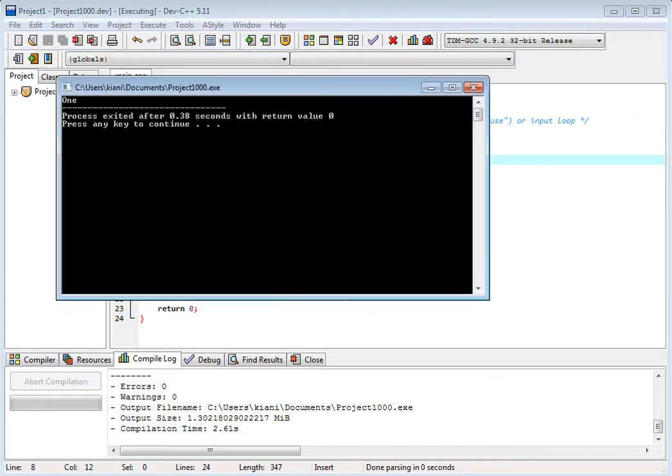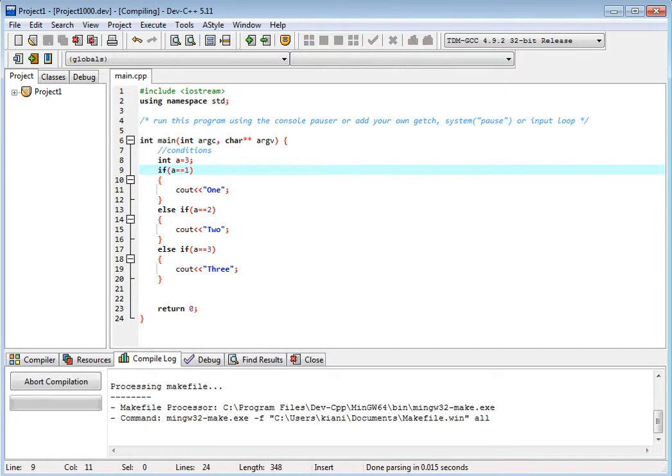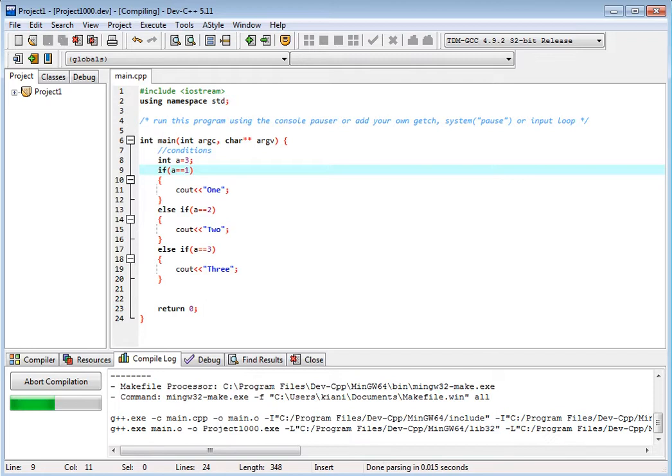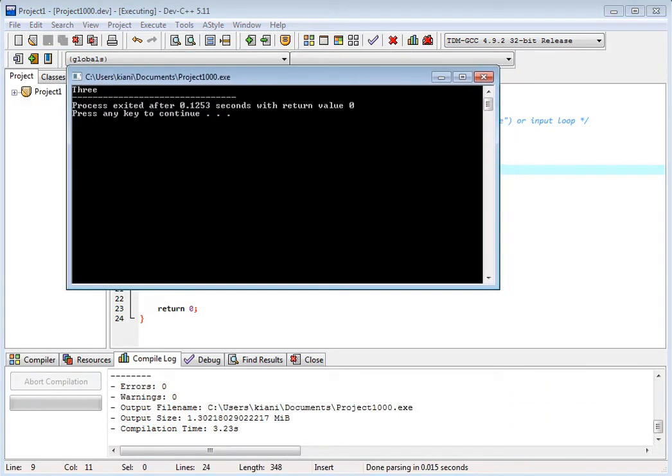It says 1. Why it says 1? Because a is equal to 1, this is true, right? Is equal to 1, double equal, right? So 3, this is 3, right? 3, the result is 3.